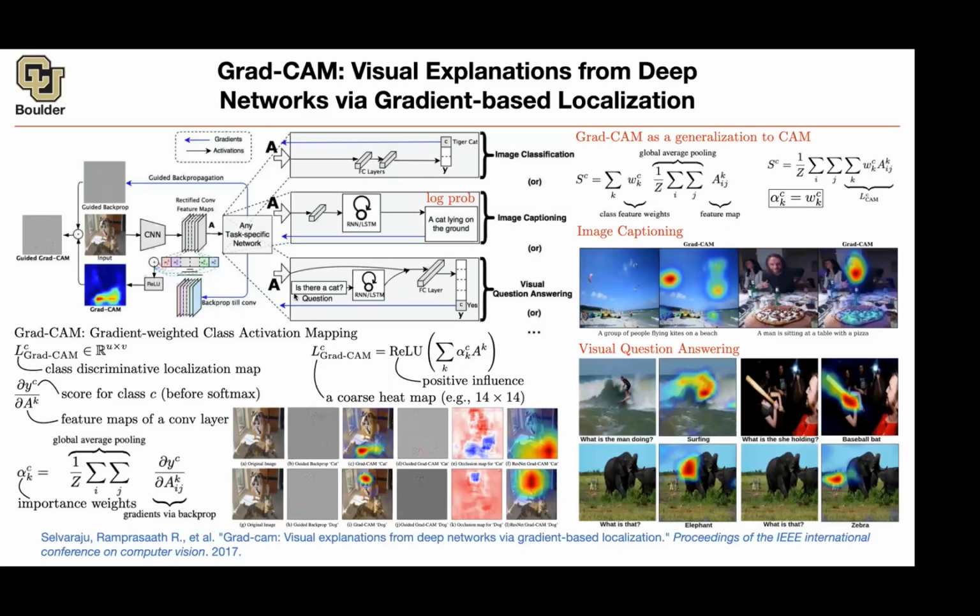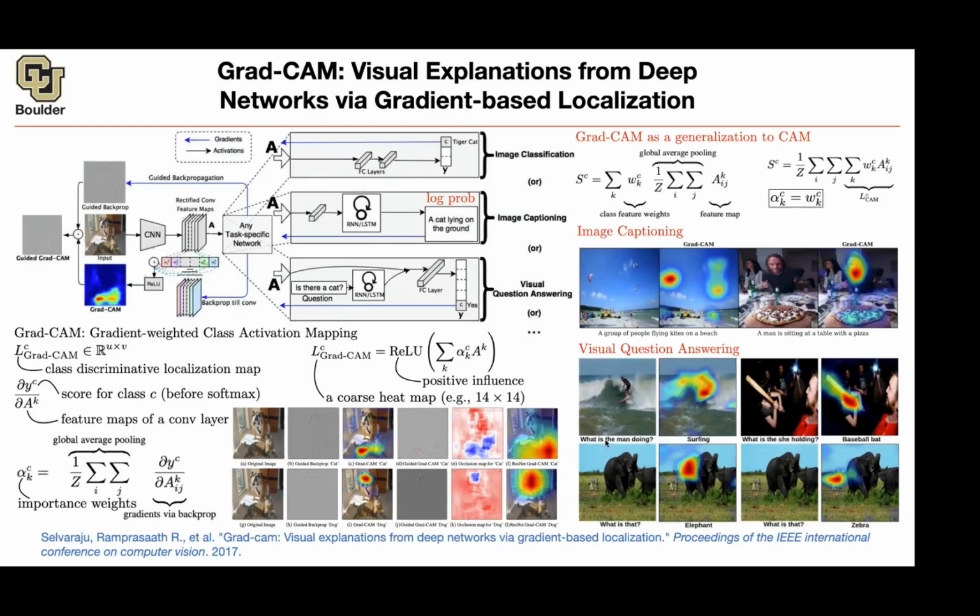For visual question answering, there is a question that goes in, and the question is: is there a cat? You push it through a recurrent neural network or LSTM, you get some features. You get the features of your convolution, you concatenate them, you push them through a fully connected layer, and in the end, you answer your question. Is there a cat in this picture? And the answer is yes. You can take the gradients of yes and backpropagate it to get these features